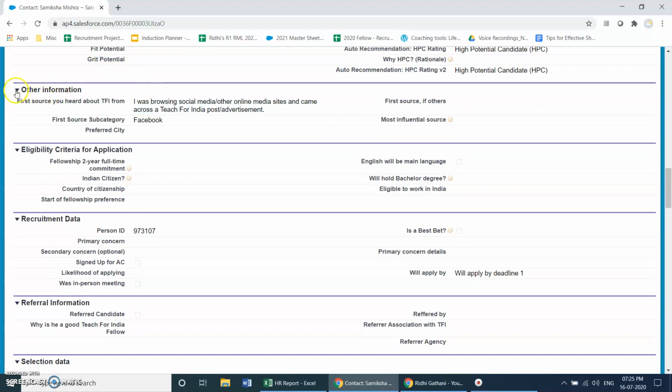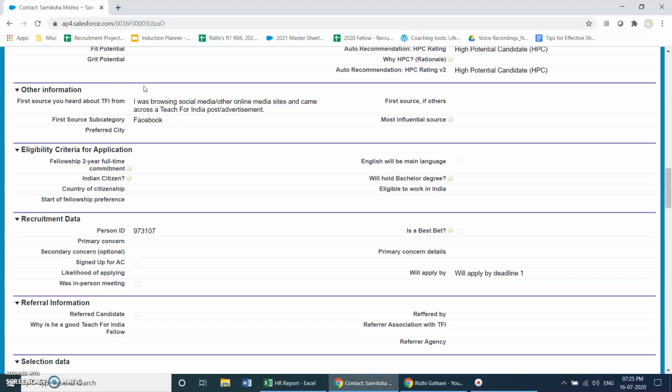As you move forward, you see their information about where they heard about us. Again, this is very important because it tells you what is the first source. If the first source is media or presentations or a recruiter conversation, or if it is word of mouth through staff members or fellows, you know that they already come in with that kind of information.